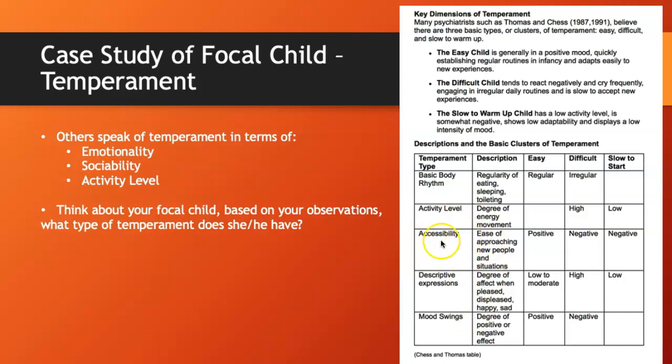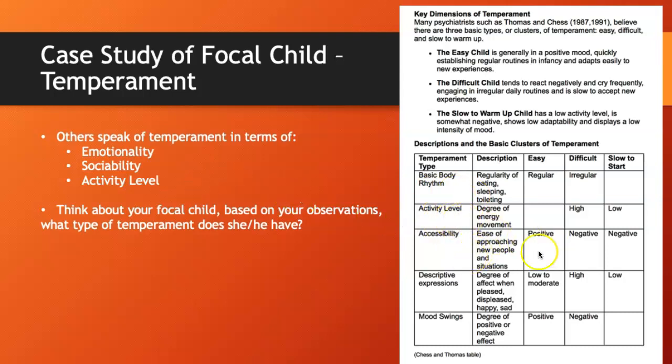And we here see that accessibility is defined as ease of approaching new people and situations. So this is the same as sociability over here on the left. And then descriptive expressions are degree of affect when pleased, displeased, happy, or sad. And this mood swings are degrees of positive or negative effect. These two would be akin to emotionality, right? So the child's emotionality could be observed by these two criteria. This criterion of accessibility corresponds to sociability, and then the activity level is the same as the activity level in